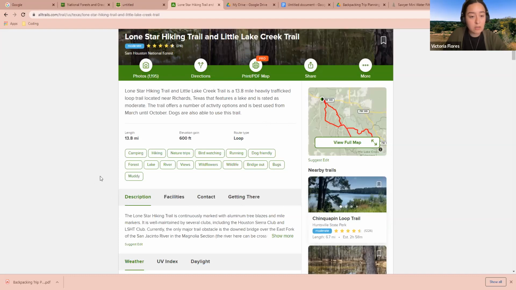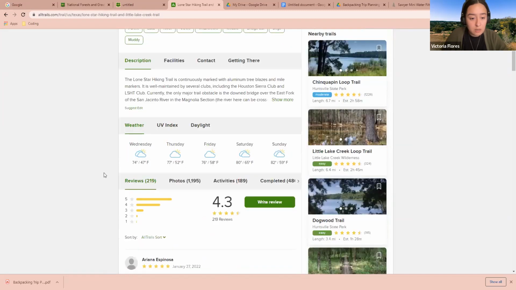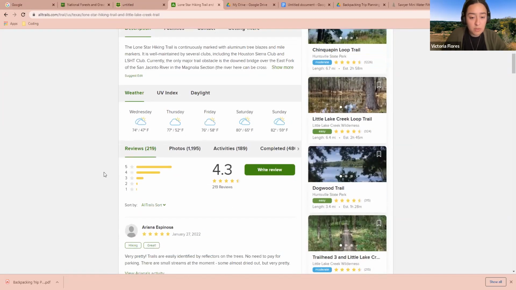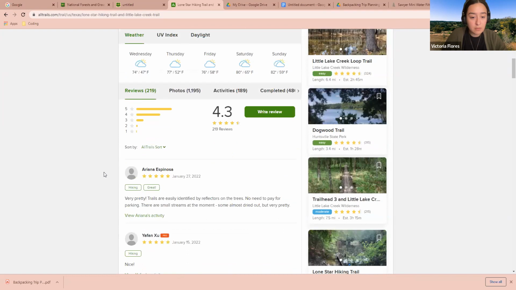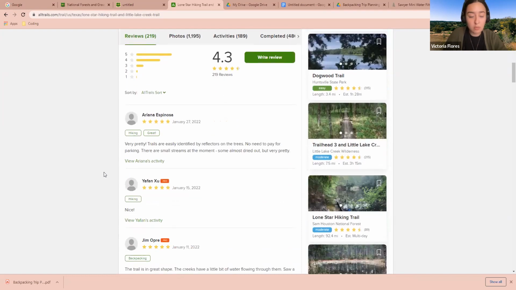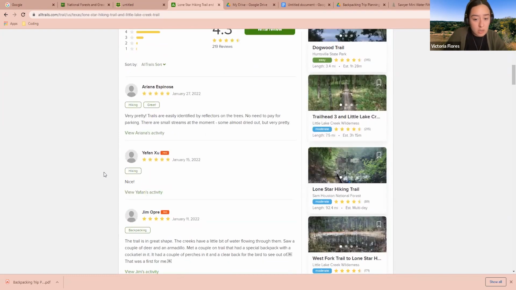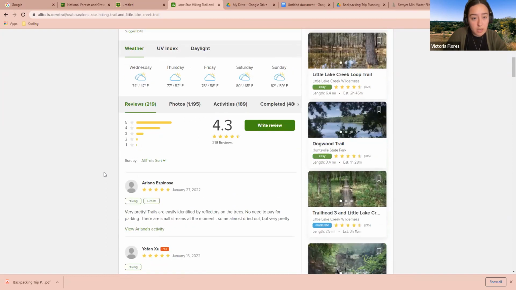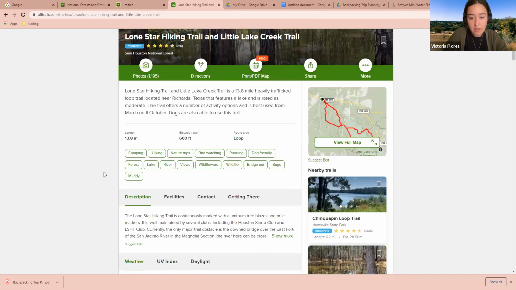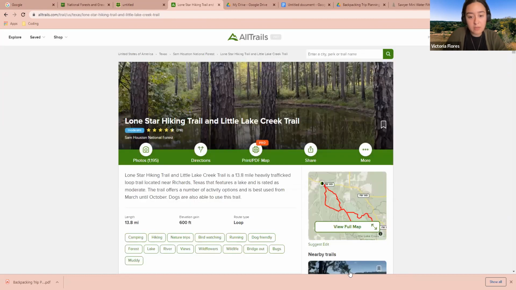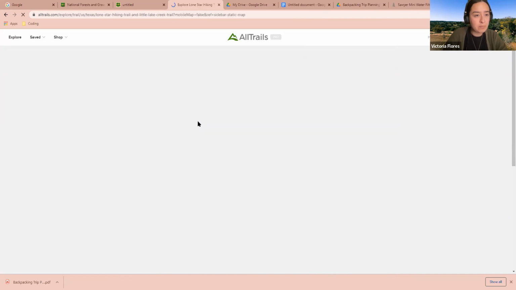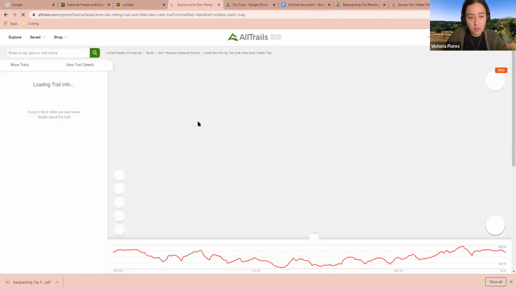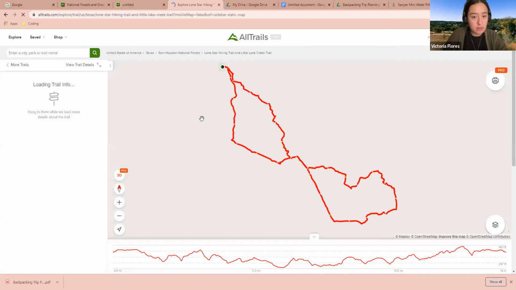If we scroll down a little bit, we can see reviews from people and all that good stuff to read more about their experiences. So let's go up all the way to the top, and we can take a look at the map. Right there it says view full map. All righty, let's see what we have here.